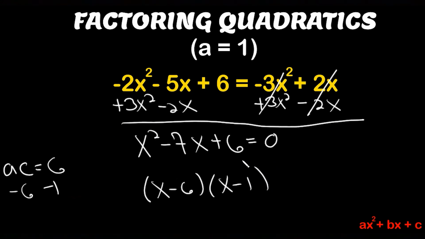So that is how you factor quadratics when a is equal to 1. Again, it is a little bit different when a is not equal to 1. You have to do something called factor by grouping, and there's a few more steps involved. And I am going to put out a video on that, so be on the lookout for that video. But that's pretty much it, right? So factoring is pretty straightforward. Just make sure you follow those steps, right? Set it equal to 0, see if you can pull out a greatest common factor, and then perform the AC